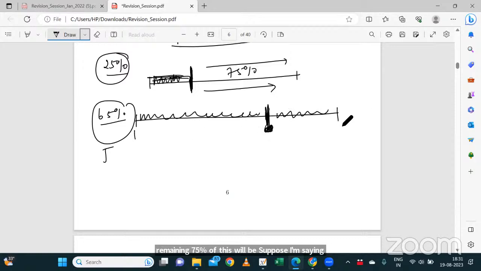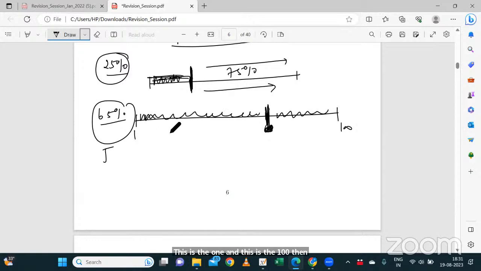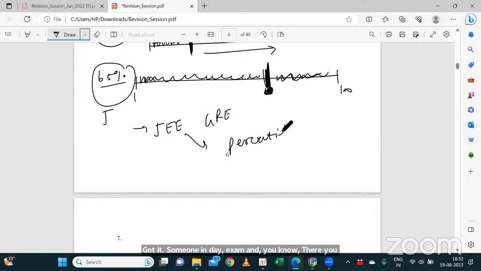Suppose I'm saying 65 percentile is this one, and this is the 100. Then 65% of the observations will be below or equal to this observation, and the remaining 35% will be above it. Got it? Suppose in the JEE exam, or if you know the GRE exam, there you get percentile things, right? Suppose some student got